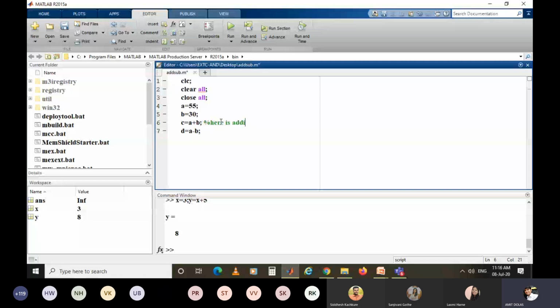In this way you can have a comment. If you don't put a percent sign there, it would be treated as a syntax error, or if keywords are there, it will be considered an instruction, and there might of course be several errors on execution. So the percent sign is used for comments.